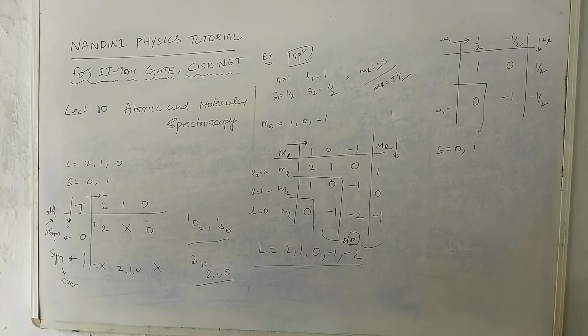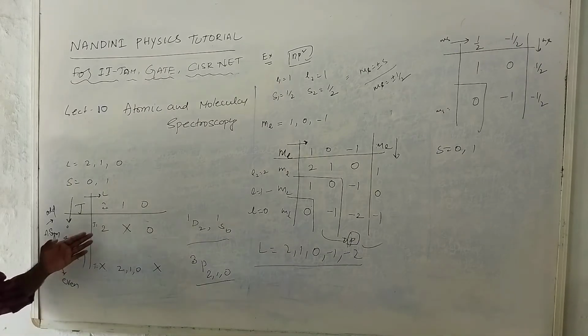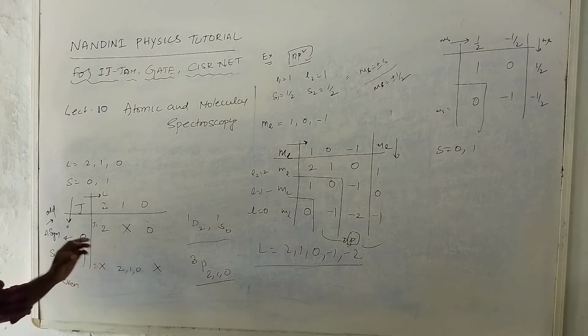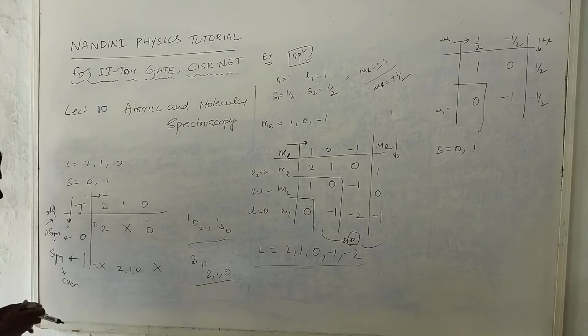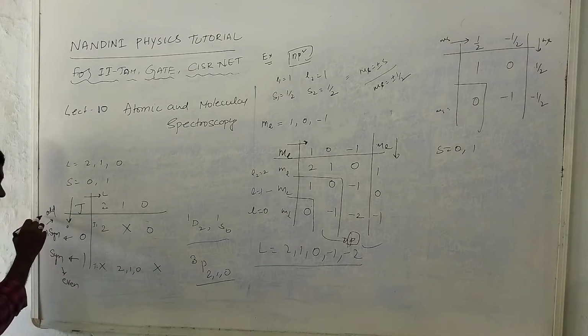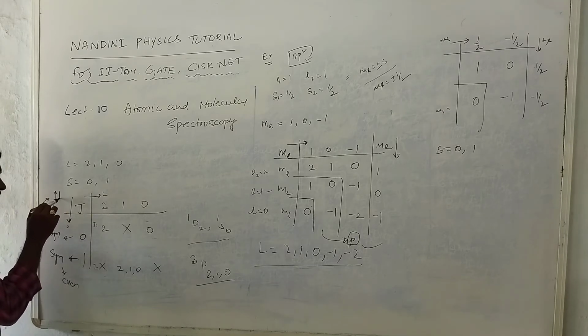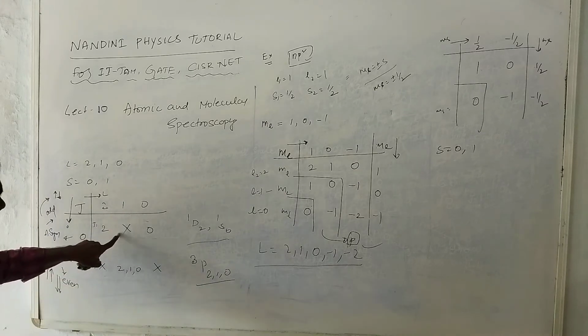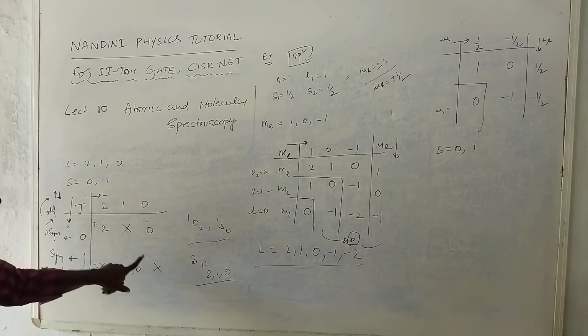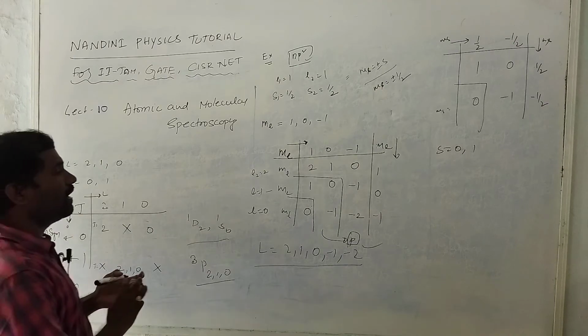Understand why I am considering both spin and space, because we are considering parity functions, okay. So antisymmetric and symmetric functions. Here antisymmetric means, see, one is up spin, one is down spin. Symmetric means both up spins or both down spins. Understand why I am eliminating these conditions, these positions.